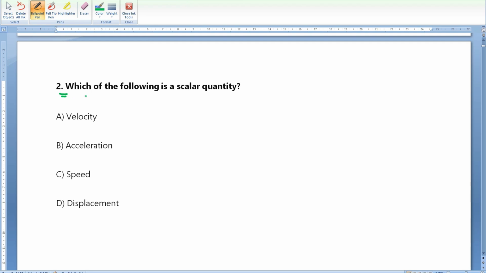Question number 2, which of the following is a scalar quantity? Among these four: velocity, acceleration, speed and displacement. Three are vector quantities and only one is a scalar quantity. Among these, which is the correct answer? What is a scalar quantity? A scalar quantity means